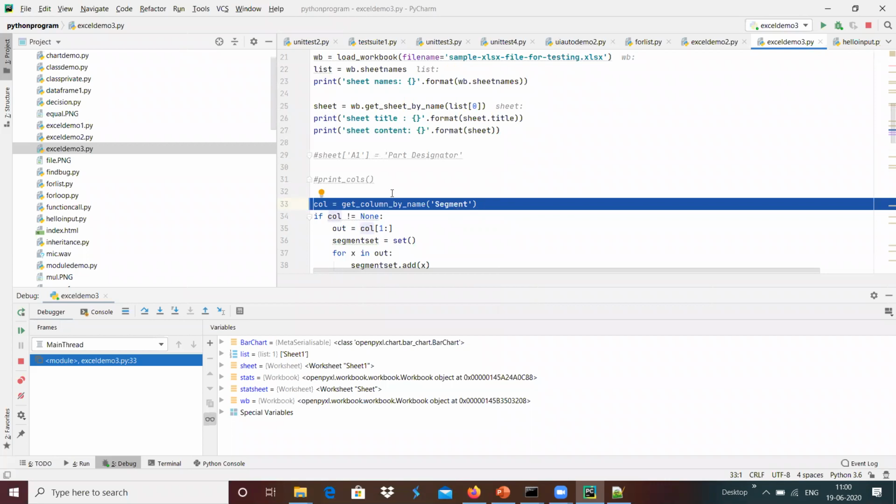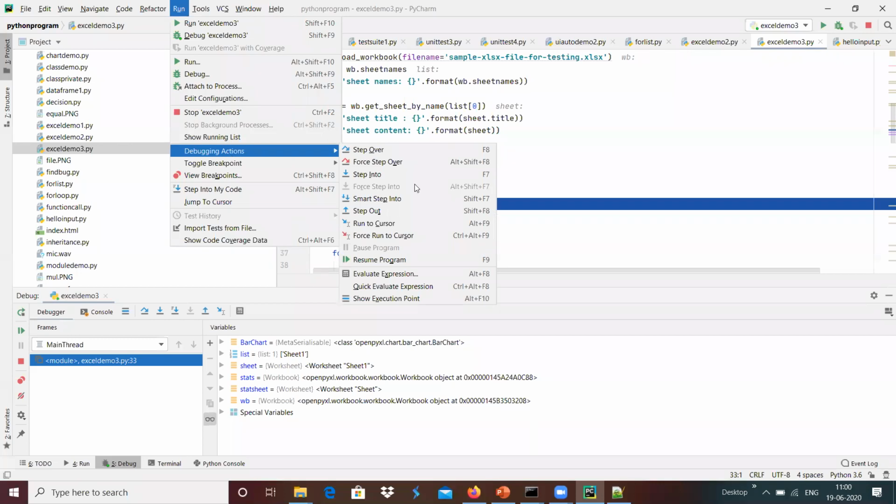And we have this Python module function. If we wanted to debug this function, then maybe we can get into this function with the help of step into. Step over executes the current line and goes to the next line, and step into executes the current line if it is a single line of Python command.